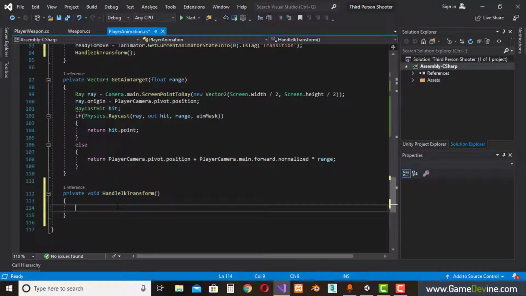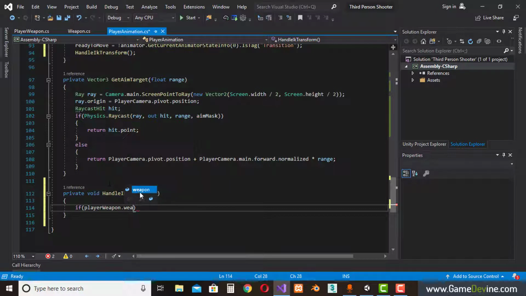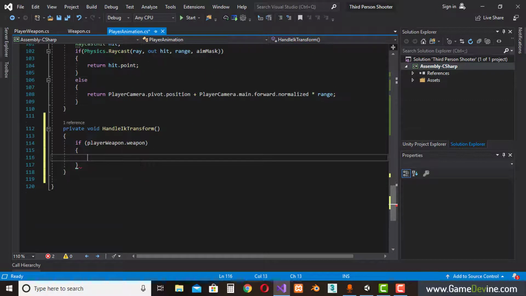So the first condition is, of course, if you have a weapon, because if you don't have a weapon, well, you don't need to do anything. If you have a weapon,